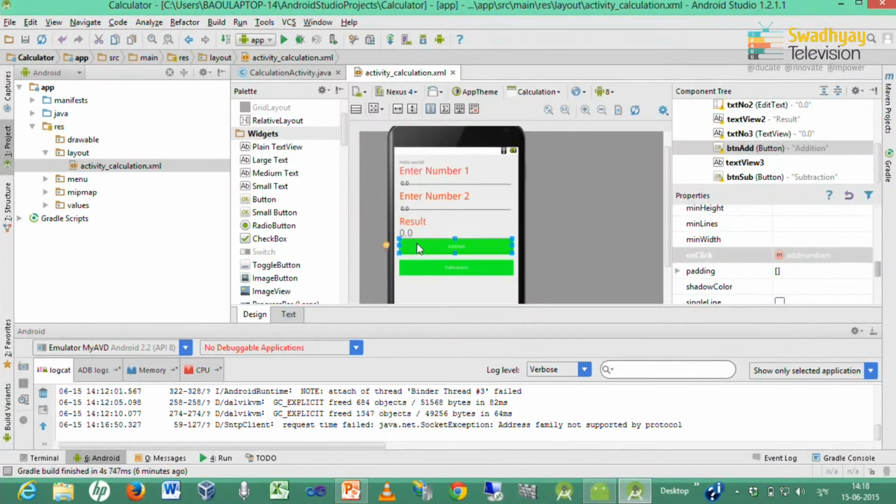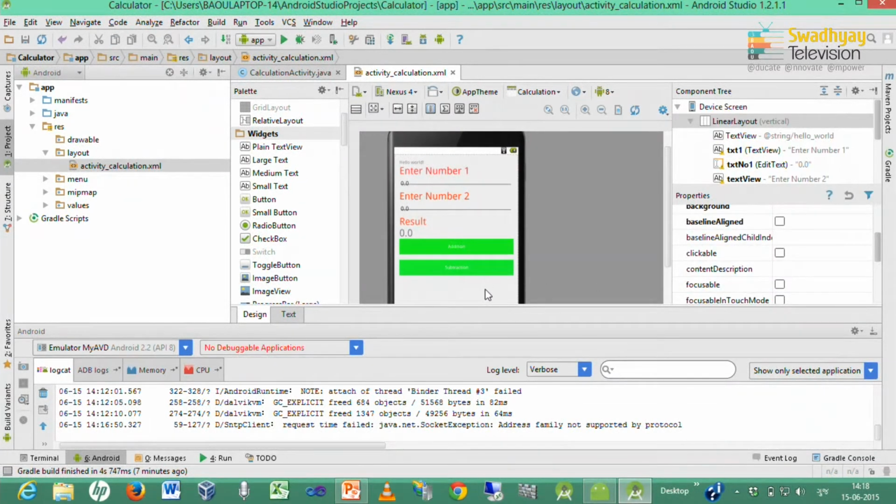So, to handle this addition event, either you write the method name in on click, or there is a separate way to handle events using an event listener, which we will learn later on. So, for the first button we have used the on click property, and inside it we write the add numbers method.